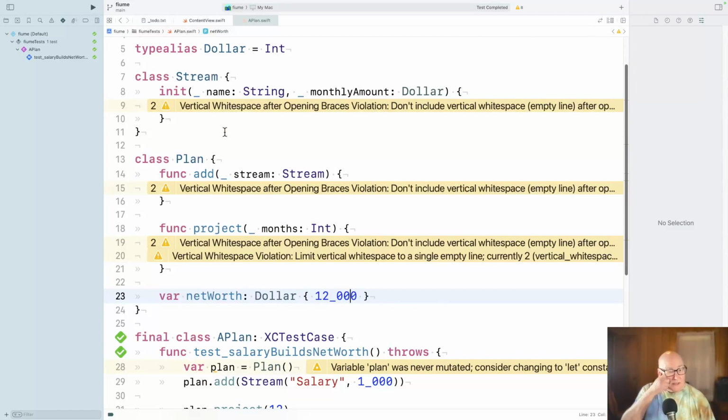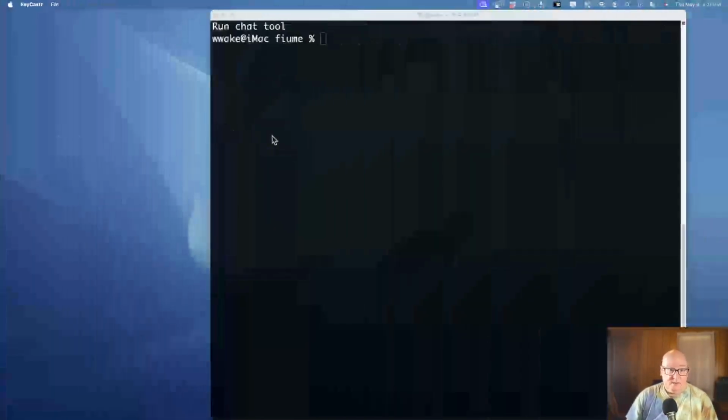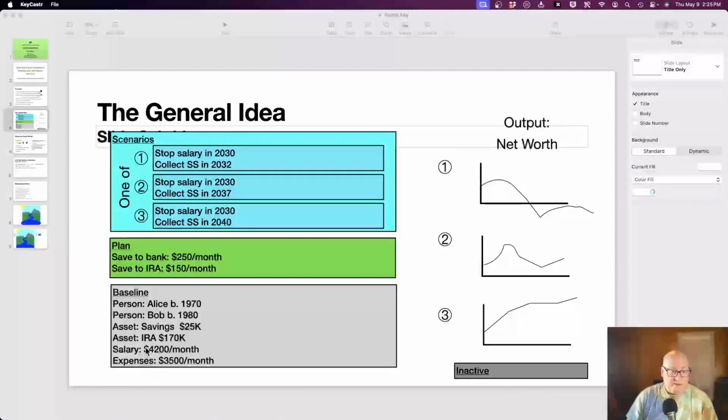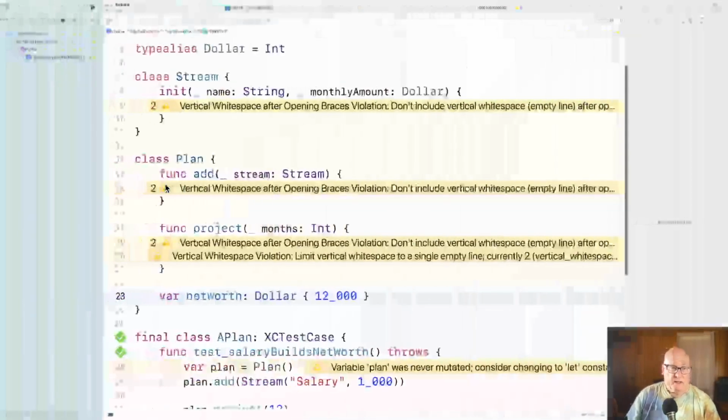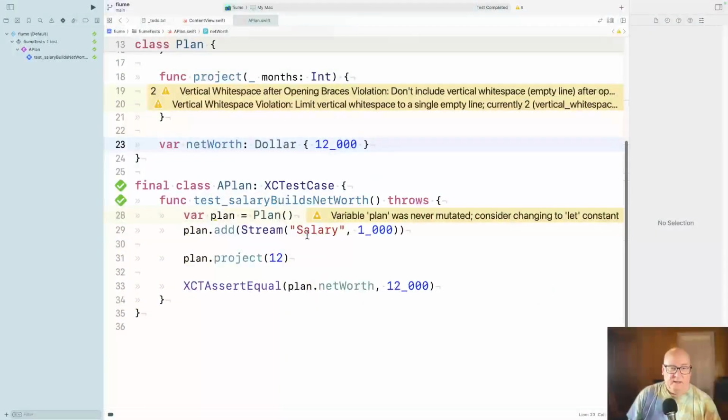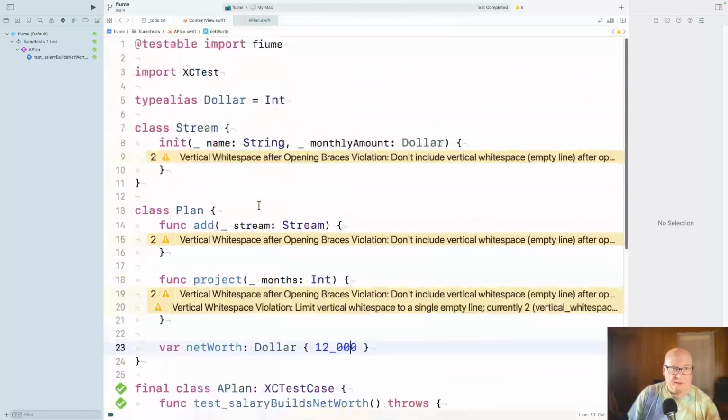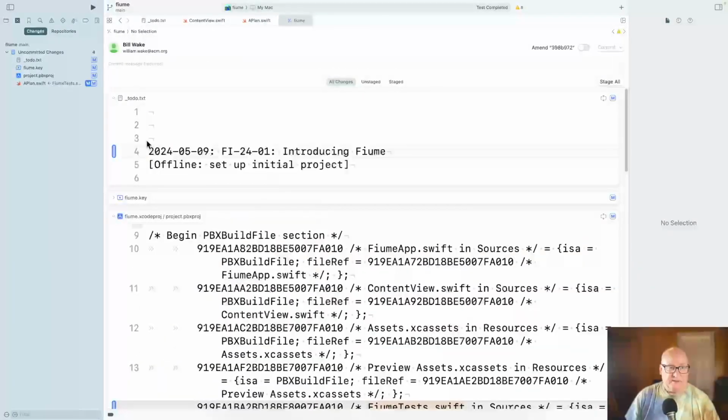Now, I think a list is probably needed because going back to the picture, right? We have all these givens or baseline things that we want to keep track of, and we're going to show them in the same order, I guess. So I think a list probably makes sense. All right. So this is green. Let's commit, even though it's green and ugly. First test.